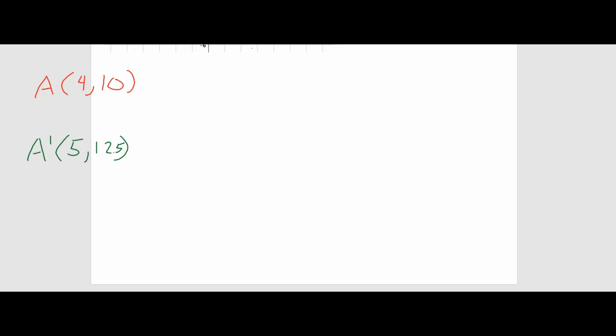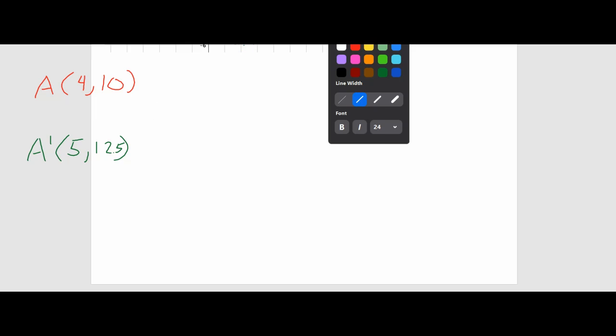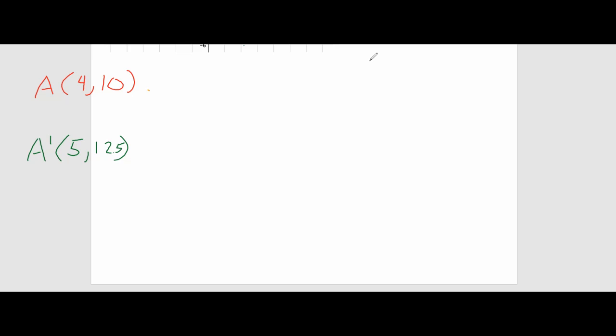Well, it may not be obvious to you what the K value is here, what the scale factor is. It may not be obvious what the K is, and that's because it's not a whole number. Or I guess it has to be a natural number, right? It can't be 0. So the way we figure out the scale factor is we can set up a ratio. So scale factor, and we'll talk about this more in later lessons, but I might as well introduce it to you now. Scale factor is going to be equal to the image